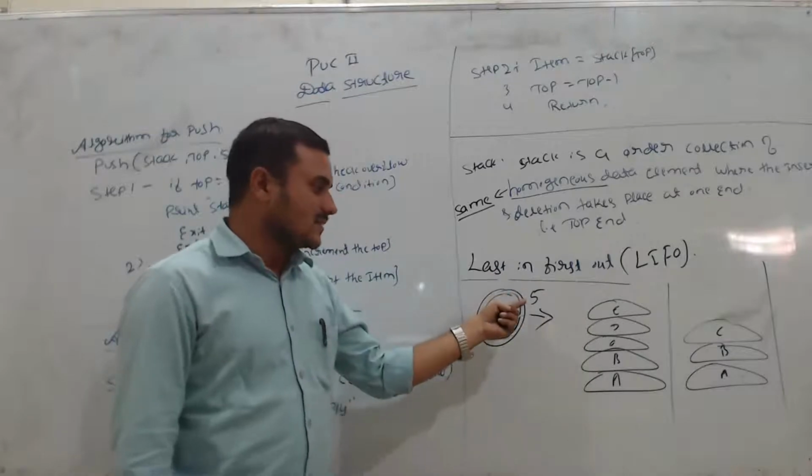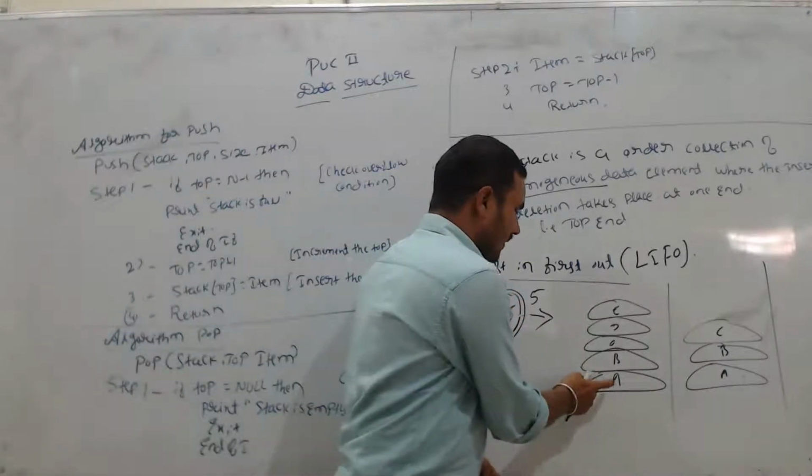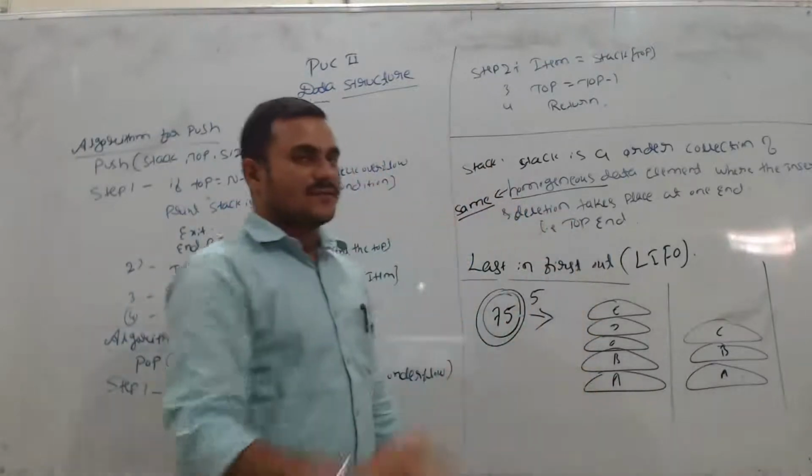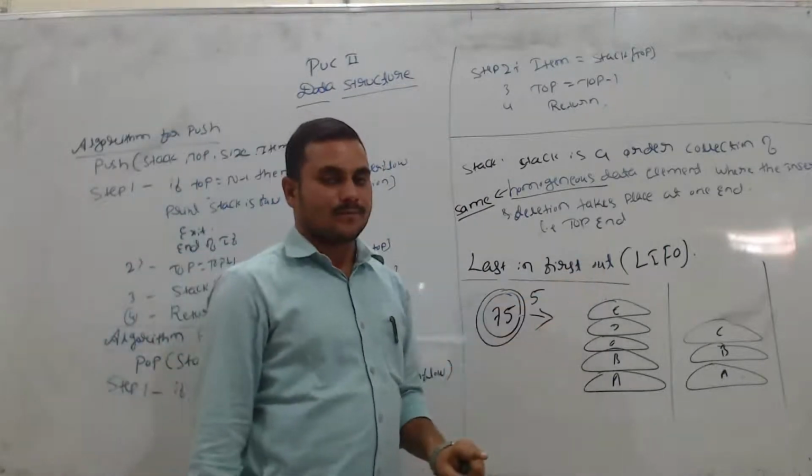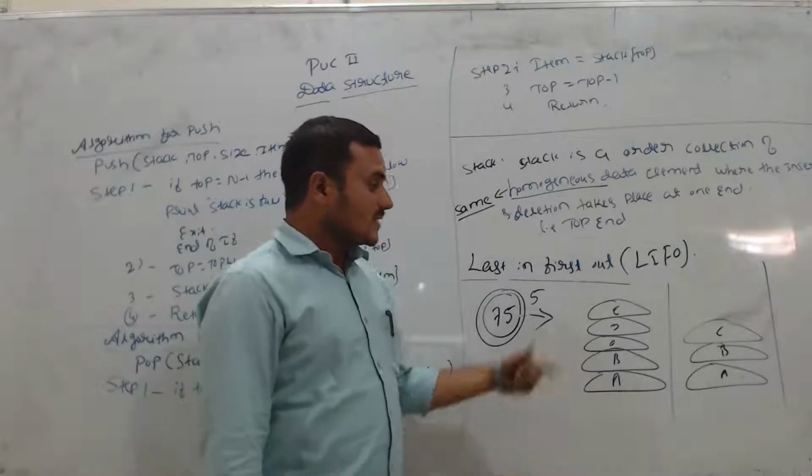Our stack capacity is 5. So A, B, C, D, E, the stack is full. So it is highly impossible to add one more element on the upper side, the top end side. Okay. So next we have to check